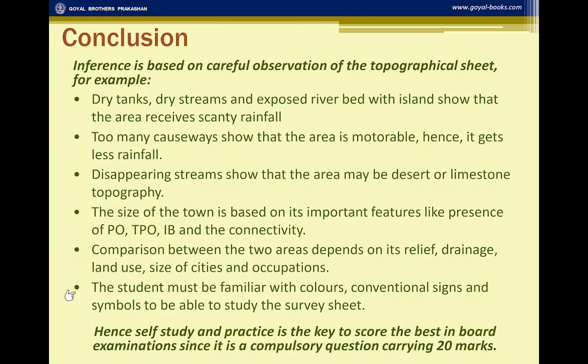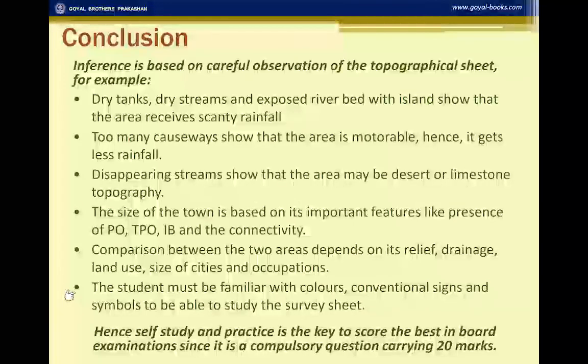The student should be familiar with colors, conventional signs and symbols to be able to study the survey sheet. Unless you are familiar with the survey sheet, you will not be able to answer the questions. You can practice with the online practice for map skills and topo sheets to master the subject.